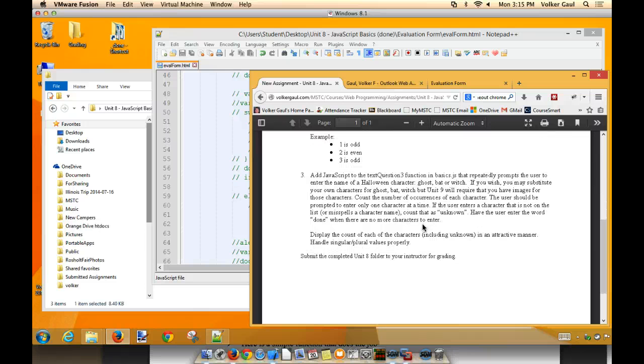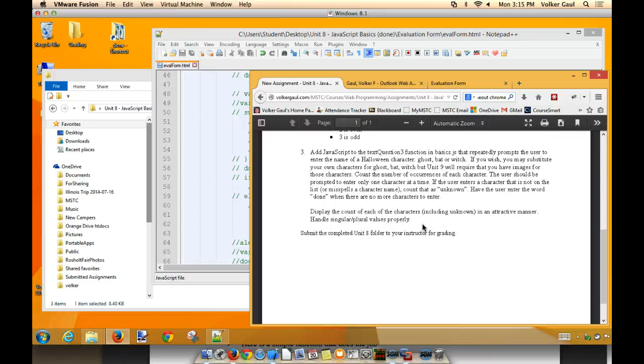Question number 3. Repeatedly prompts the user to enter the name of a Halloween character, either a ghost, a bat, or a witch. You can use your own characters if you wish. But in Unit 9, we're going to do images, etc. So really what all this does is it asks the user, what'd you see while you're trick-or-treating? A bat, a witch, another bat, 2 more witches, another bat,